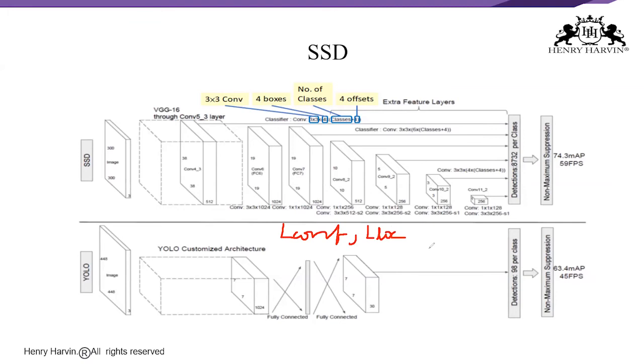Here, LLoc is nothing but localization loss, which is the loss between the predicted box and the ground truth box parameters. These parameters include the offsets for the center point, width, and height of the bounding box. This will be almost similar to the one we get in Faster RCNN, right? So what is LConf? That is confidence loss, which is the softmax loss over multiple class confidences.